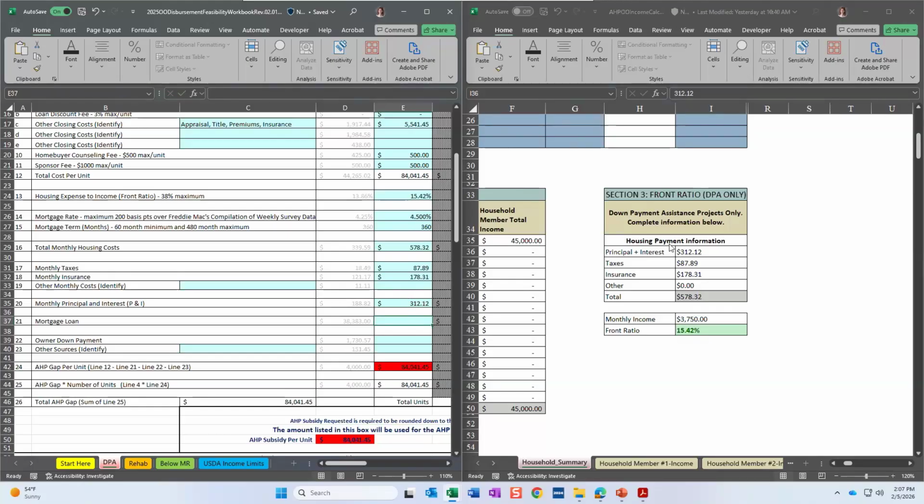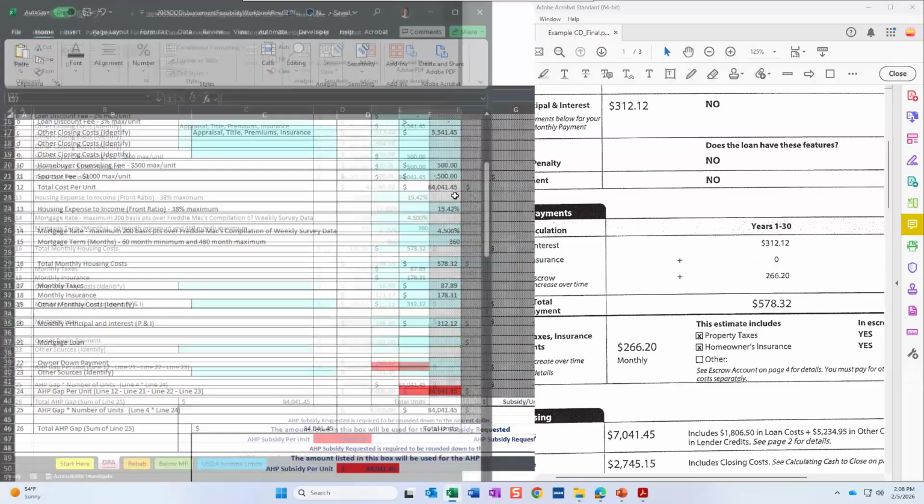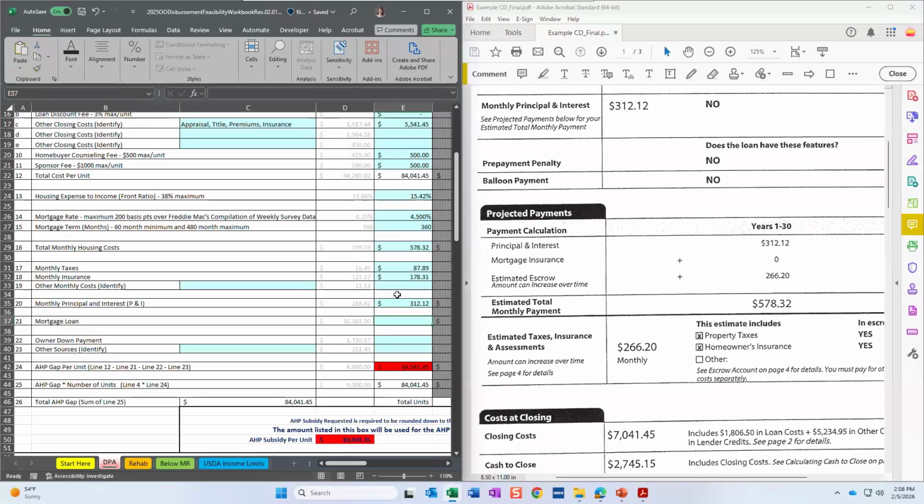All right. So from this point, I should be done with my income calculation workbook. So I'm going to close that so we've got more screen space here. Nope, sorry. That shouldn't have gone full screen. There we go.